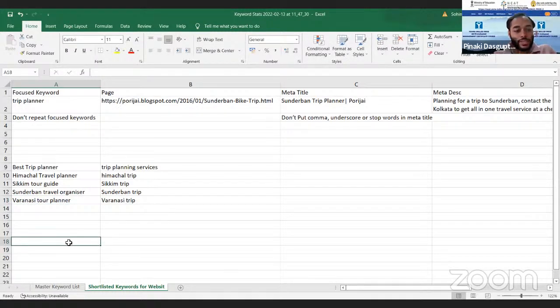See, each and every page has a different variation of keywords.